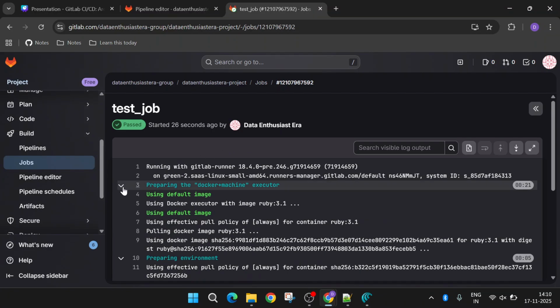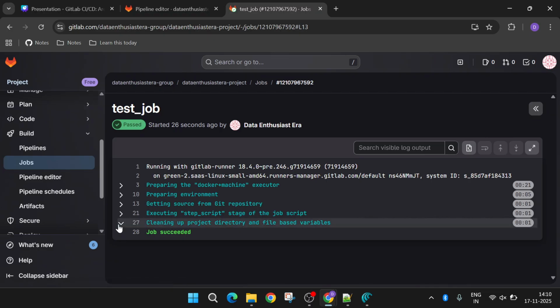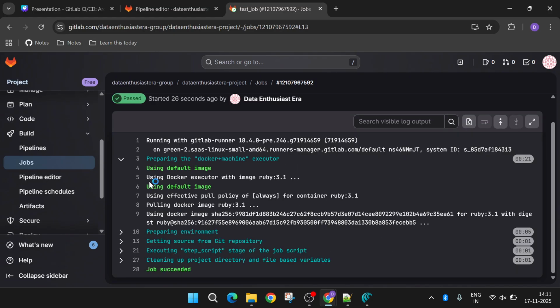I'll just collapse this so it will be easy for us to see the steps. So it is running on this particular GitLab runner, and it ran on SAS Linux small AMD 64, and then it prepared the Docker machine executor using the default image, using the Docker executor with this image, and then using the default image for the pull policy,